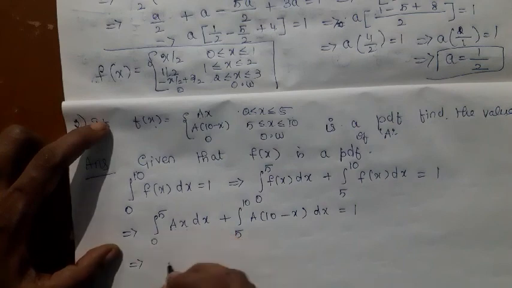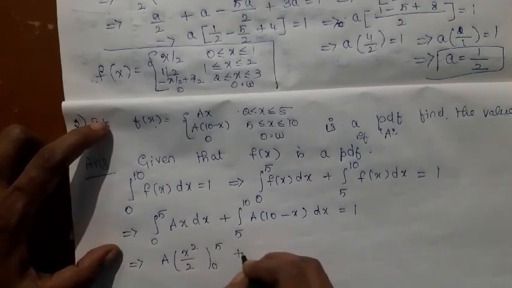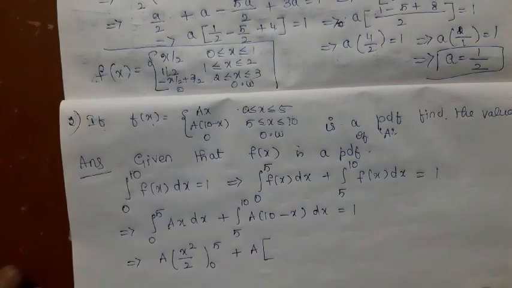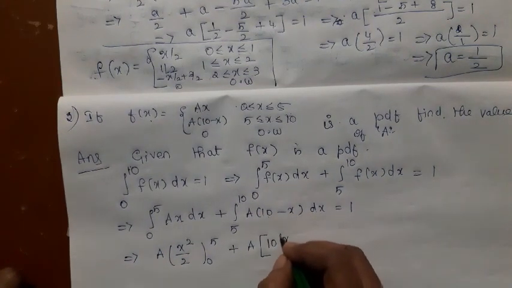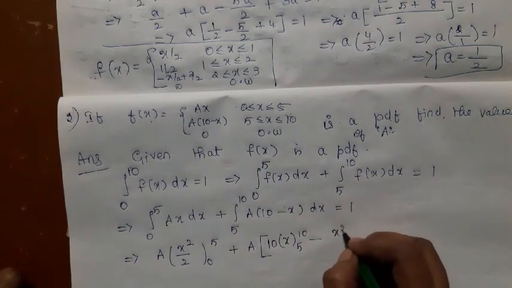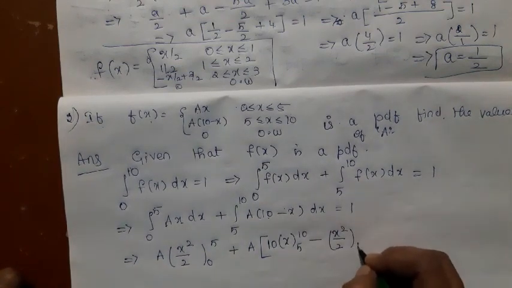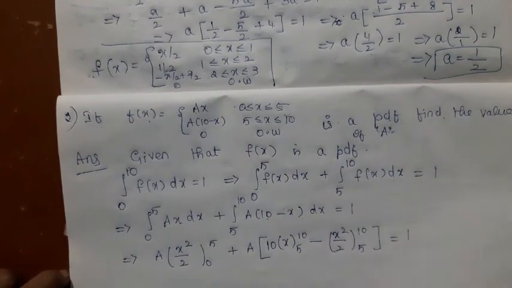So if I integrate, a is a constant, x on integration gives x square by 2, plus a is a constant, the brackets are very important here. 10 on integration gives 10x, and for x the range is from 5 to 10. x on integration is x square by 2, and for x the range is